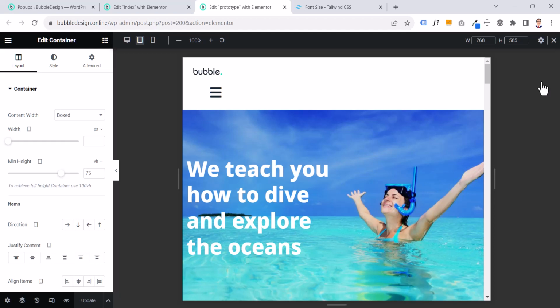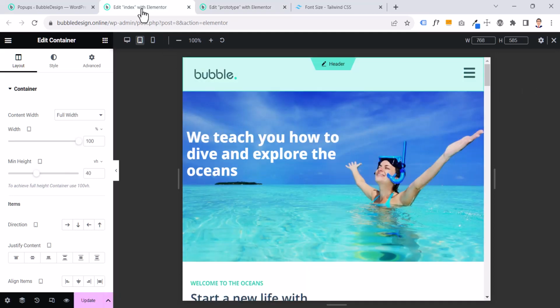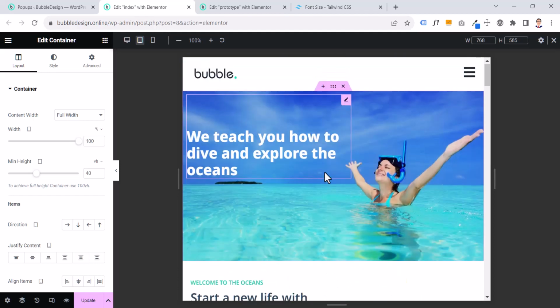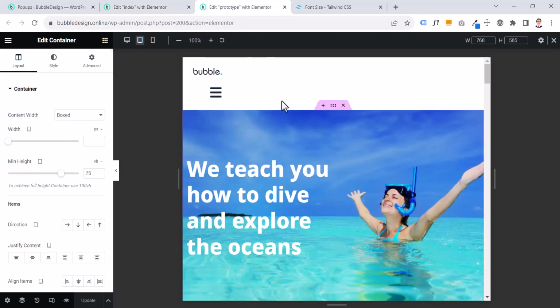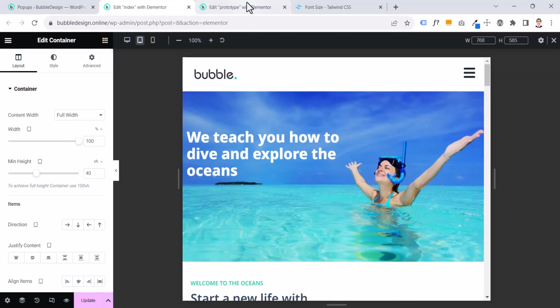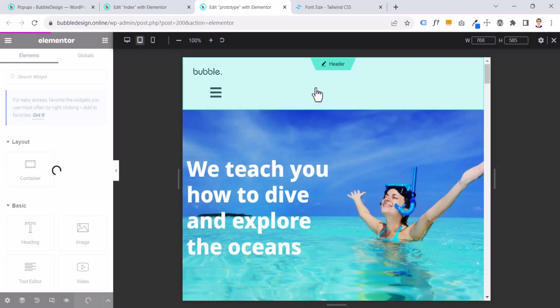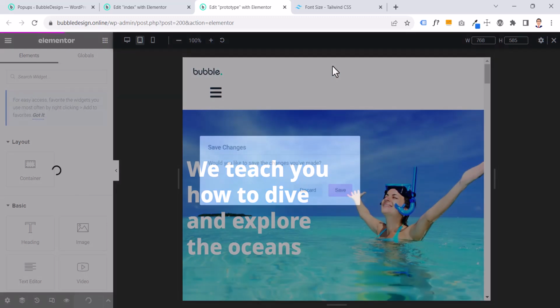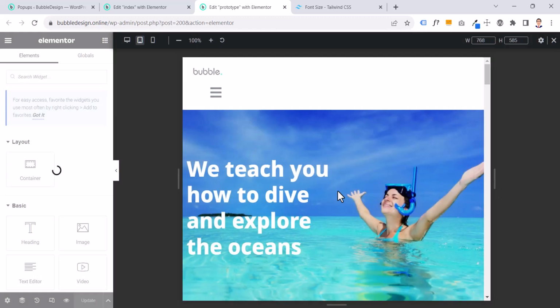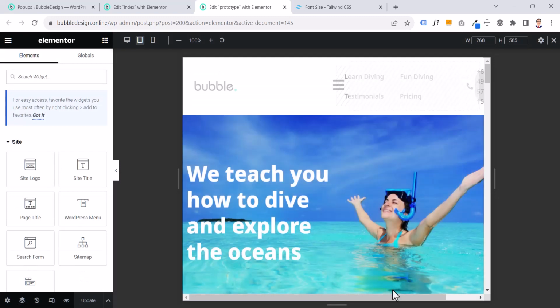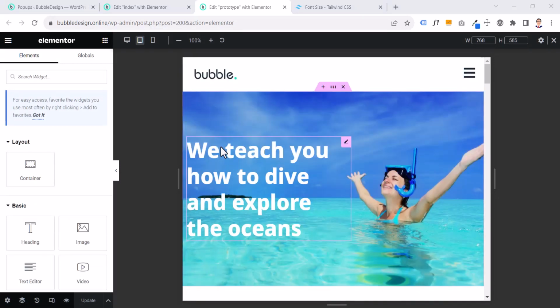Okay, now let's do the tablet version of our web page, and as you can see, this is the web page, the ready one. Actually, I already made it, and this is the one where we are going to work on it. So let's start from the header, right? Let's go to the header settings. Okay, let's start from the